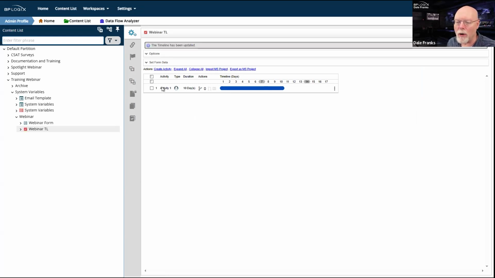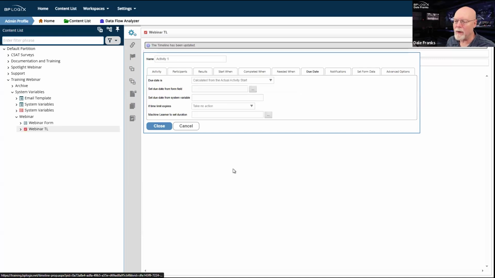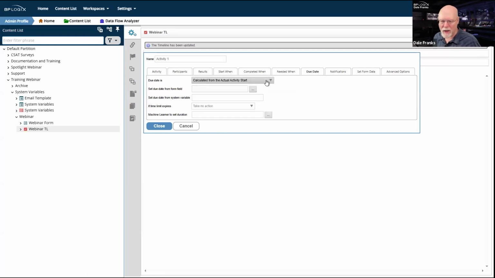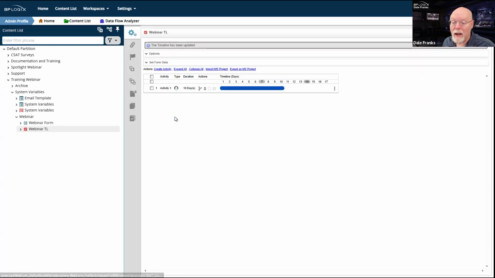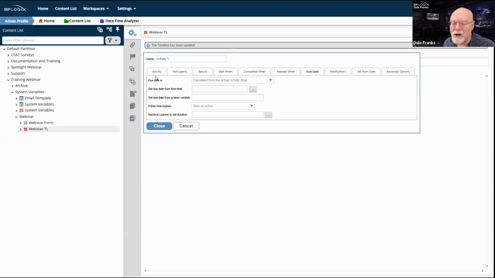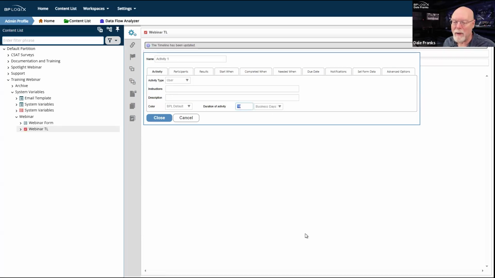And in general, what would happen in that case would be if I went to my due date, I could determine how I wanted that due date calculated, and that would add the 10 days to the due date. On the other hand, I could set the due date via a system variable. There are times when it's not really the duration that I care so much about. I might expect this to be done in 2 business days normally. But I don't want 2 business days to be the due date. I want to give some grace period for people maybe being out of the office or what have you.